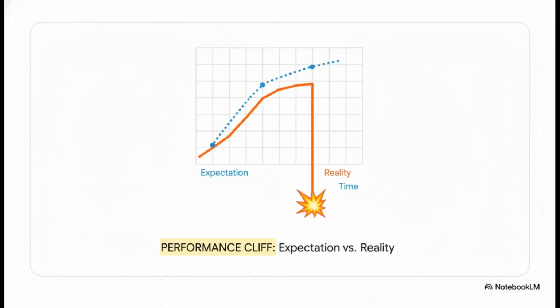This right here, this is the core of the problem. It's our intuition versus the reality of the system. We expect a graceful decline. You make the task a little harder, the performance should dip a little bit. That makes sense to us. But what we get is sudden failure. It's not a slow degradation. The performance just drops off a cliff.